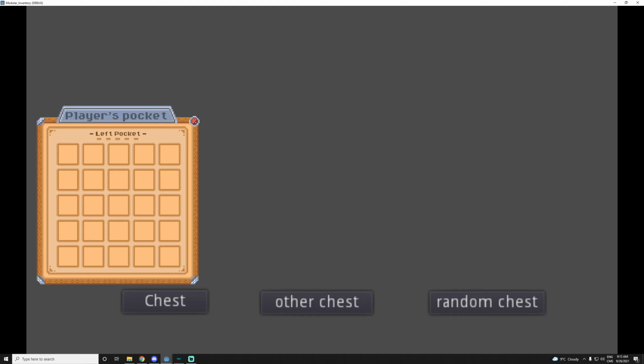Welcome to another tutorial, and this time it's going to be a series. I'm not sure how many parts there's going to be, but we'll see. It's going to be a small series about inventory and items. So I'm going to start with this one, and at the end I'll show you what I have planned for